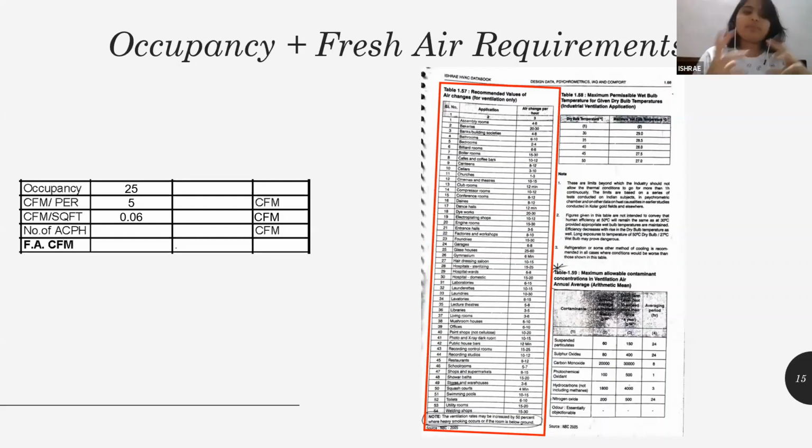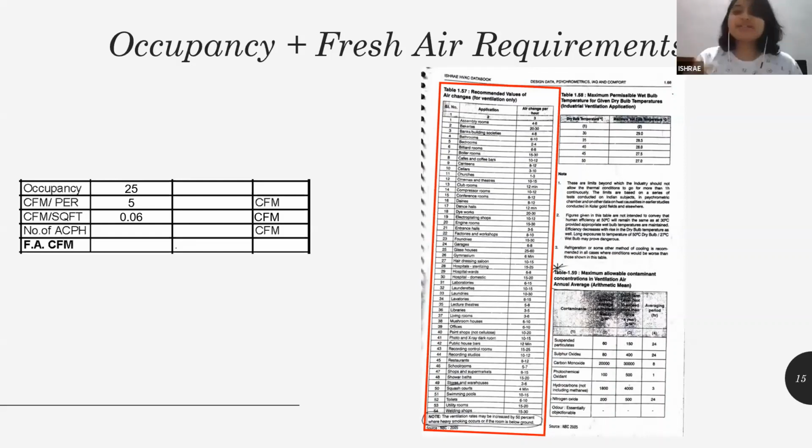The one that I'm showing is a typical office area with hardly 3 meter height, that is 13.12 feet. So that means it is a simple single height area. So I don't require this number of ACPH, because even if I calculate it with the number of ACPH, my CFM per person plus CFM per square feet value will always be greater than the number of ACPH value.